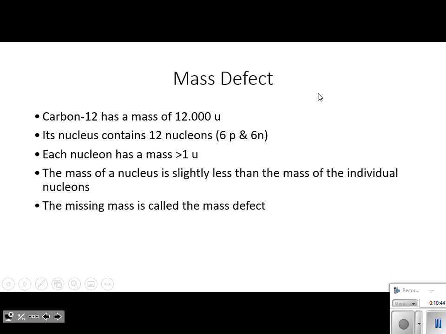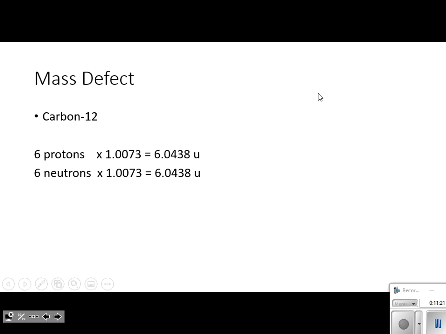That missing mass is called the mass defect, okay? Delta M, the mass defect, is equal to the mass of the nucleons minus the mass of the nucleus. So I'm going to show you this mass defect. We said that carbon-12 has 6 protons. Each proton has a mass of 1.0073, so that gives me a value of 6.0438 atomic mass units. We did the same thing with neutrons and their mass, okay,